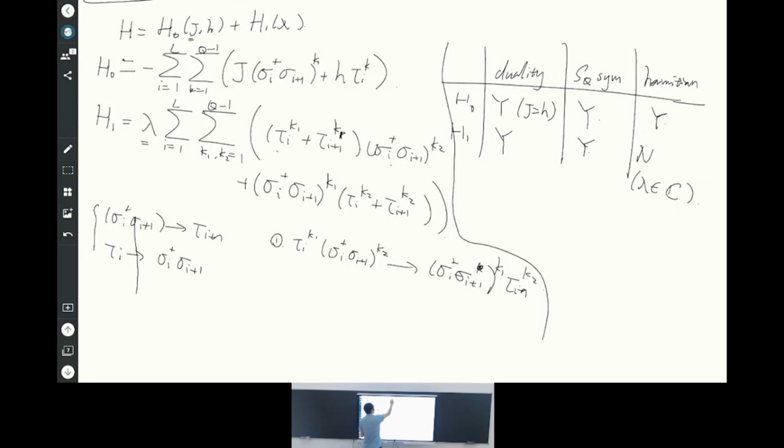Yeah, so next I will focus on, for example, Q equals 5. Okay, so next I set, for example, J equals 1 as the energy unit. You will see you have 2 parameters to tune. One is H, one is lambda. But lambda is complex. So if I plot